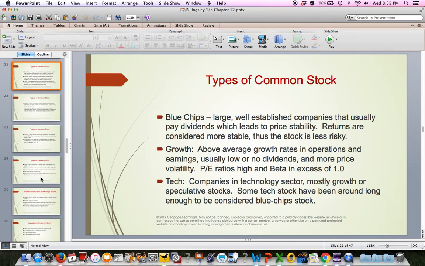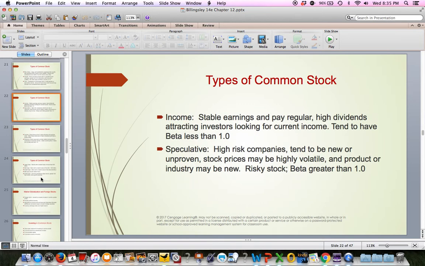Tech stocks are just simply stocks based on the technology sector. We all probably should be aware that the technology sector typically has more risk in it than many other sectors because technology is changing all the time. There's a lot of startups that happen every year based on some new technology. Well, that technology doesn't always take off, and clearly some tech stocks have done very, very well and have been around a long time. You can think of a Google and a Microsoft as a couple of examples of those, but many more are newer and emerging, and it's not quite the same for them.